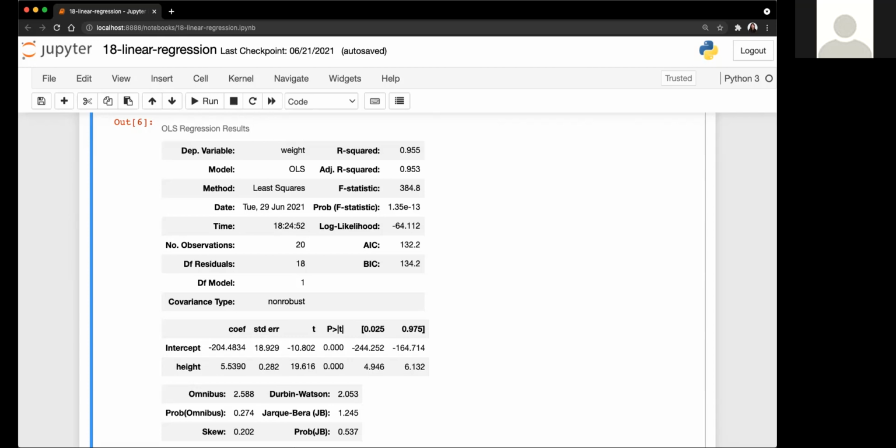So my question is, is it possible to have an R squared that's close to 1 or -1, but then also have a p-value that is actually above your hypothesis threshold of like 0.05? Absolutely, it is possible. We'll actually see examples of that tomorrow when we talk about multiple linear regression, because today